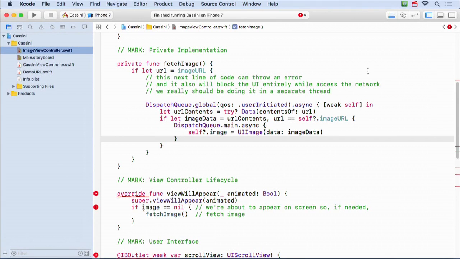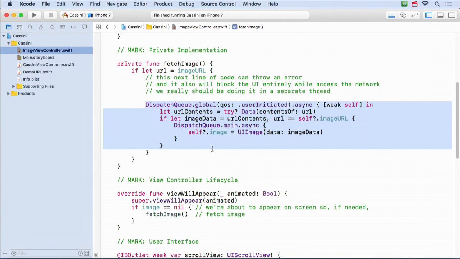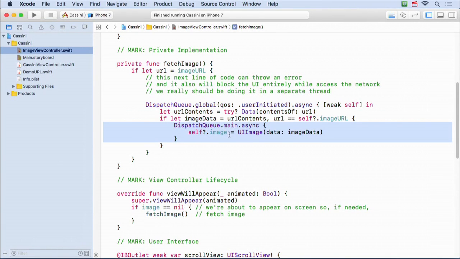Now, what's really cool about this syntax, I guess you would say, of doing these things is it looks very much logically like normal code, right? It's almost just like if-thens or whatever. However, you do have to understand that when you do a dispatch like this, that's going to happen asynchronously. It's going to happen in a different time than the rest of this code. Same thing with this one. This is going to happen at a different time.